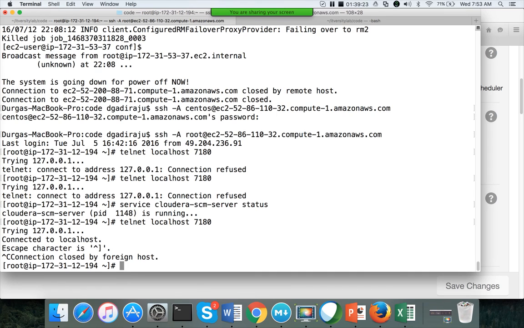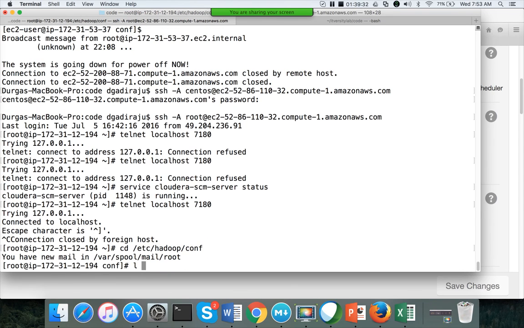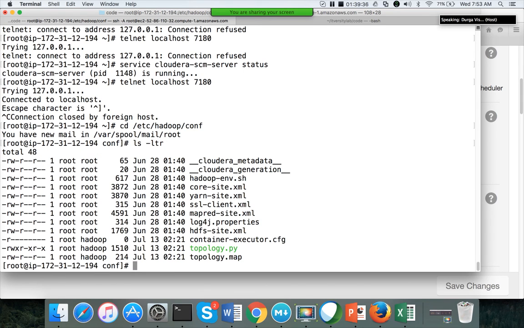We are already on the host, cd /etc/hadoop/conf. The XML file might not be as important for the fair scheduler. When it comes to the capacity scheduler, the XML file for defining the capacity of different queues is very important.